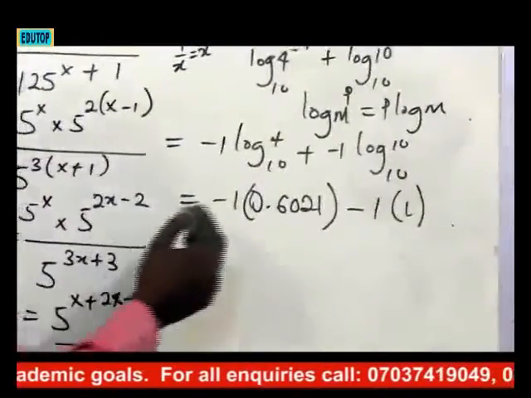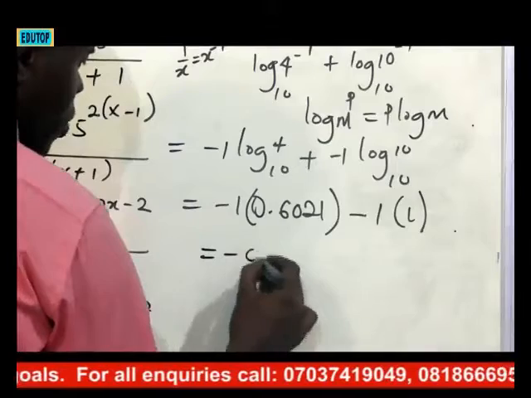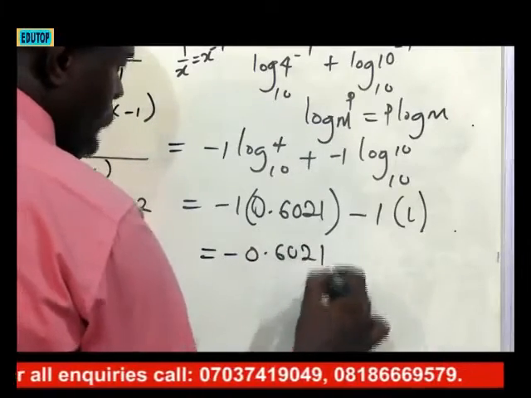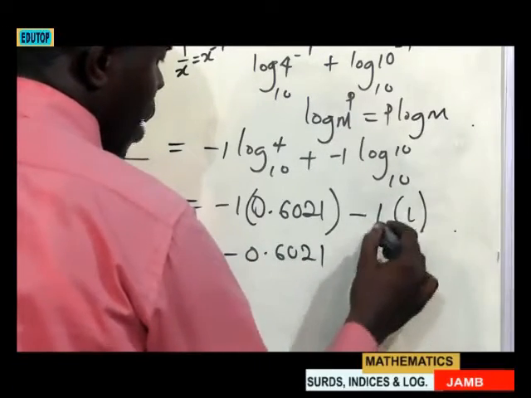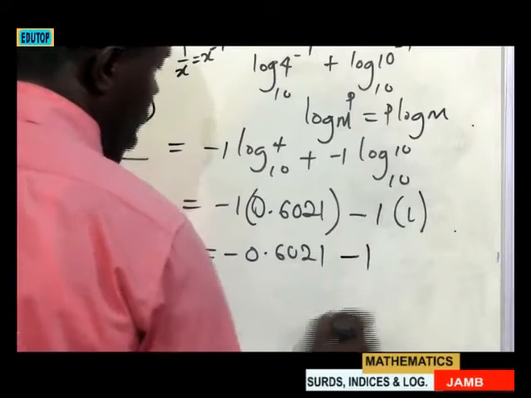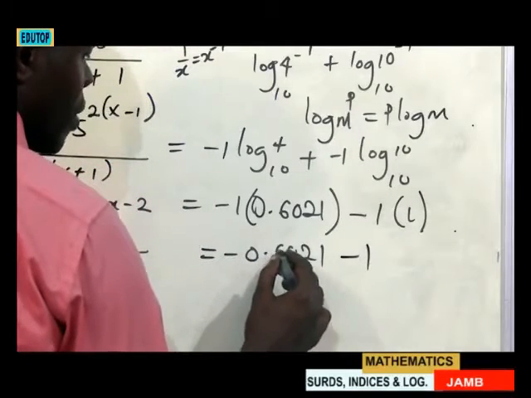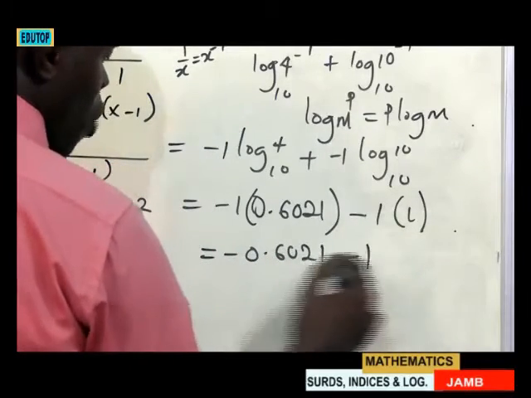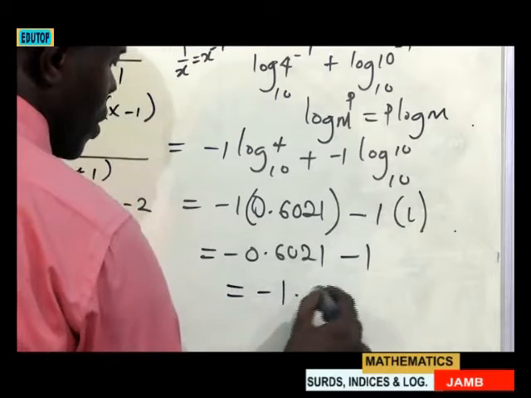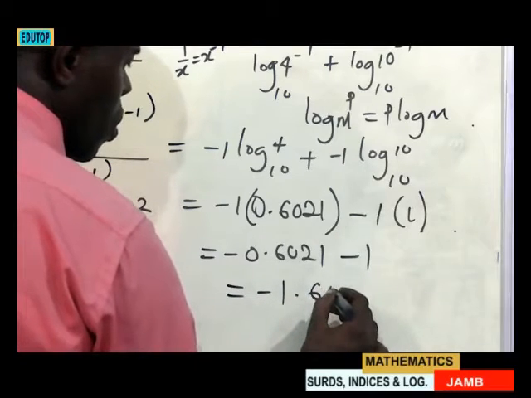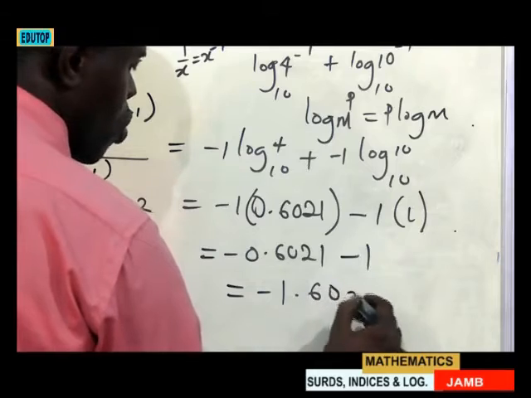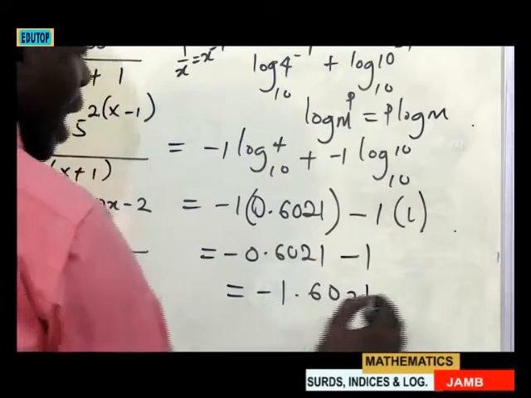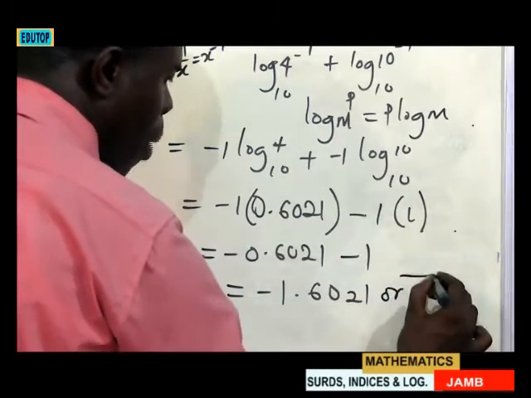Then minus times this, you now have minus 0.6021. Minus times minus 1 times 1 is minus 1. So minus 0.6021 minus 1. That will give us minus 1.6021. This can be written as this or bar